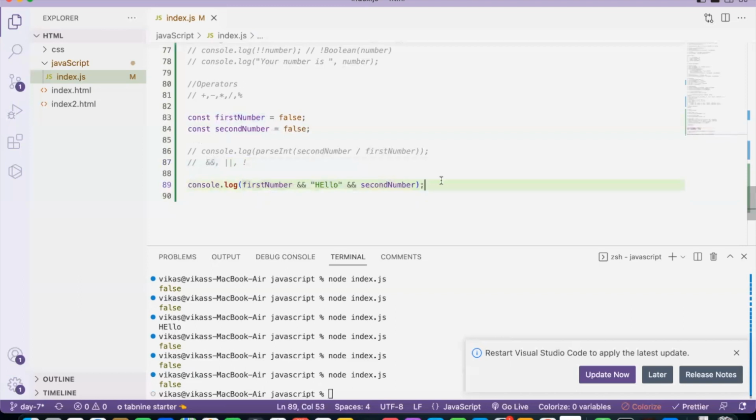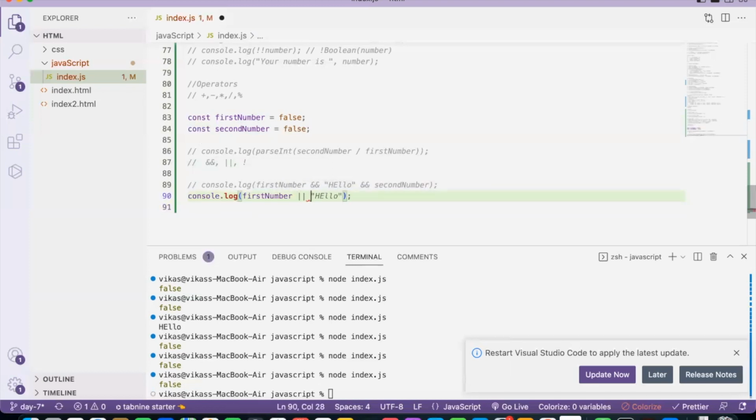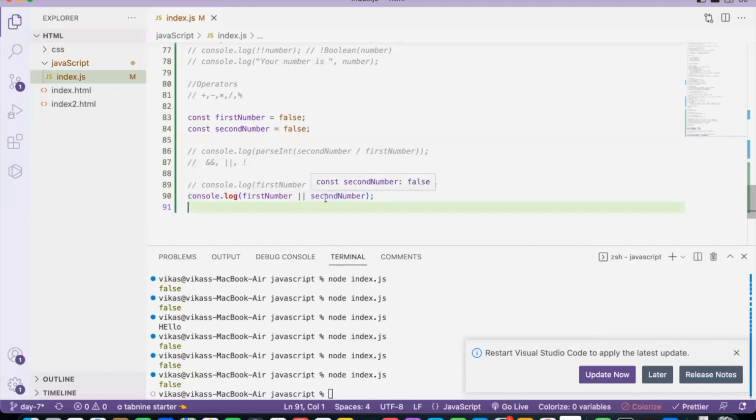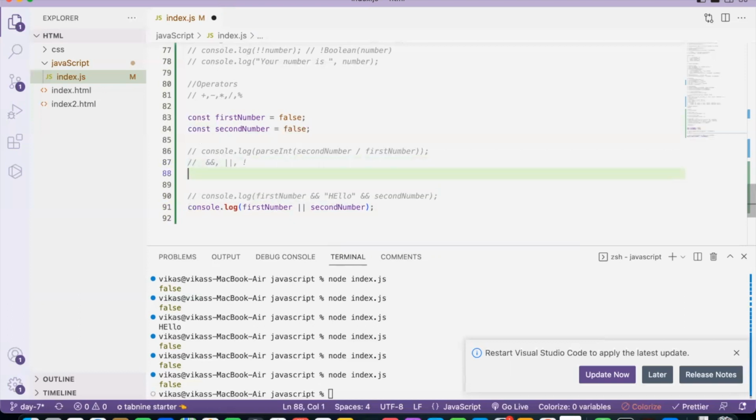Okay, now let's move here to the OR operator. So I will just replicate the same and let's go with OR here. So second number. Okay, so now if I print here, as you can see, both values are false, then alone it will print false. So here I will just add a comment saying